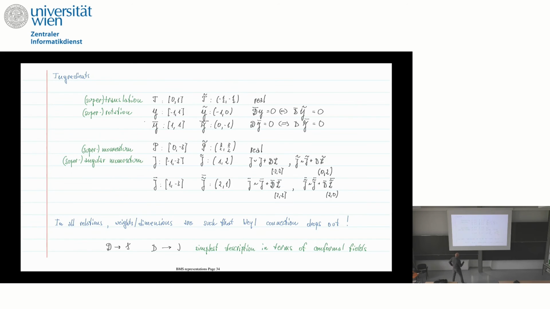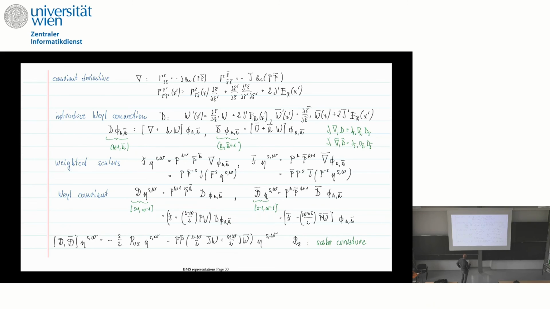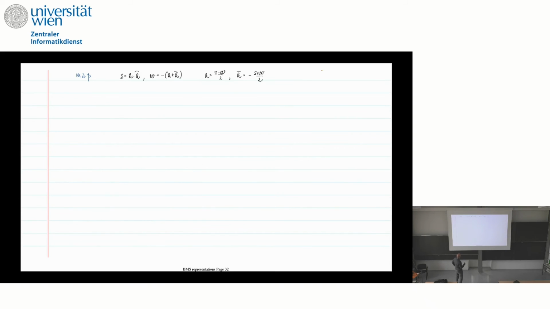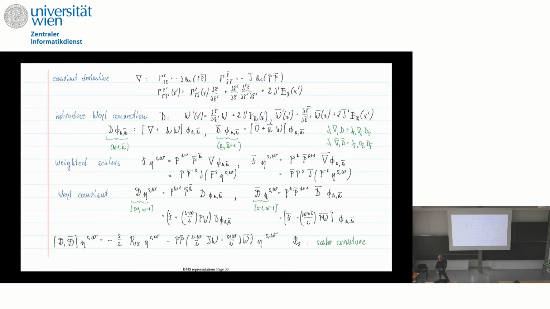Okay, the weights are given here. So S is the spin weight, and W is the boost weight. It's the weight under conformal transformation. Well, they call it boost weight, but in terms of the tensor fields, it depends which language you prefer. So one is H minus H bar, and the other one is H plus H bar. It all depends on which language you prefer.